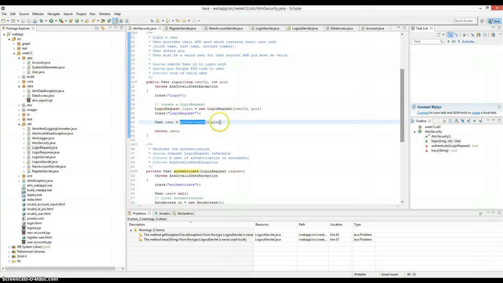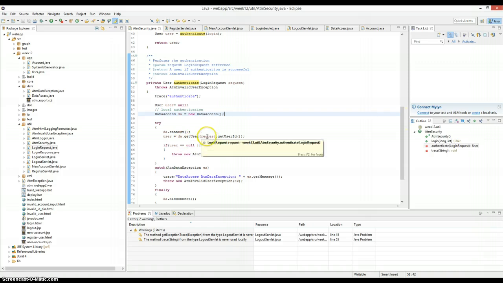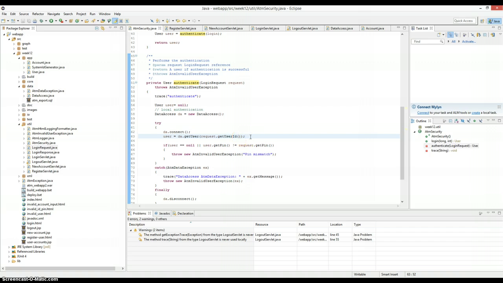And then we're going to authenticate that login. So that calls another method inside of ATM security. That method is going to call our data layer, it's going to connect to it, and it's going to try to get the ID of the user,